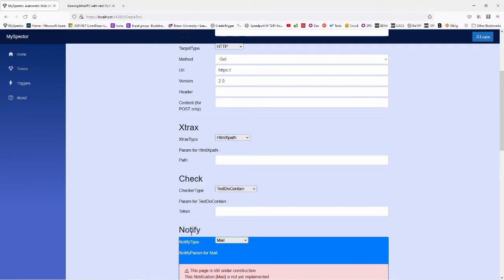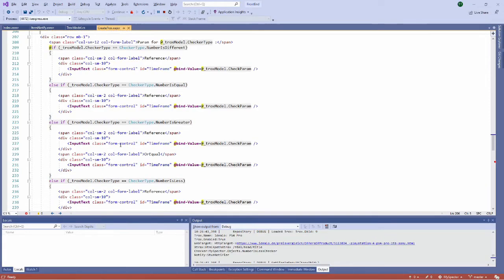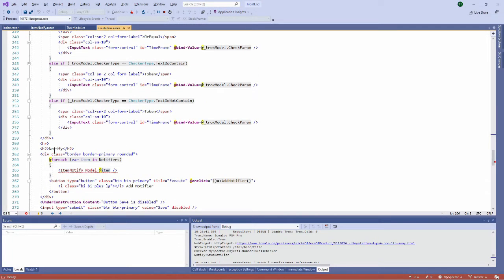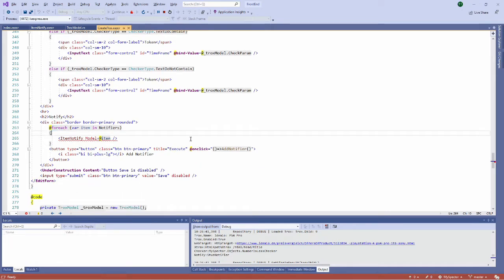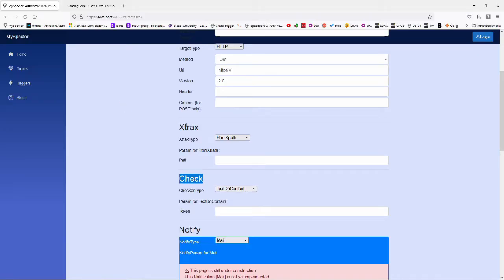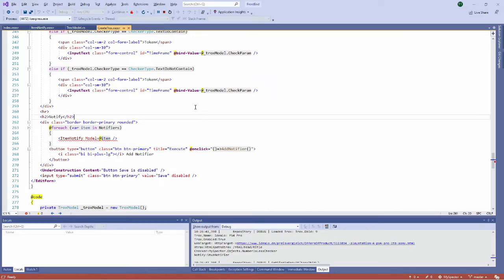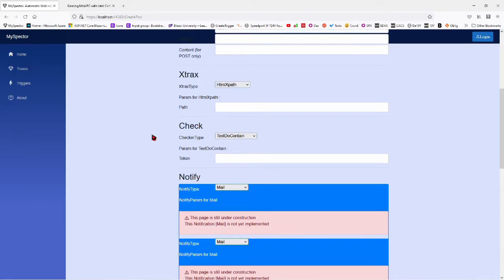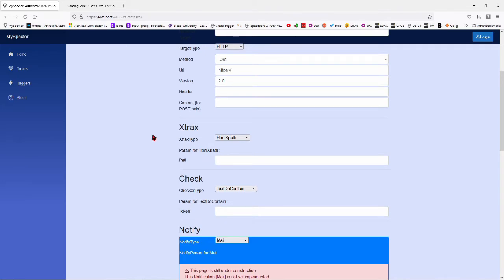The difference is that for the moment there is only one checker, while there can be a list of notifications, a list of extractions. There is only one checker, so there will be no loop like this for the checker, but this is not the main point. This is not too important to understand. We will do both, checker and extract minimum. So I hope you have understood the goal of what I am going to do.